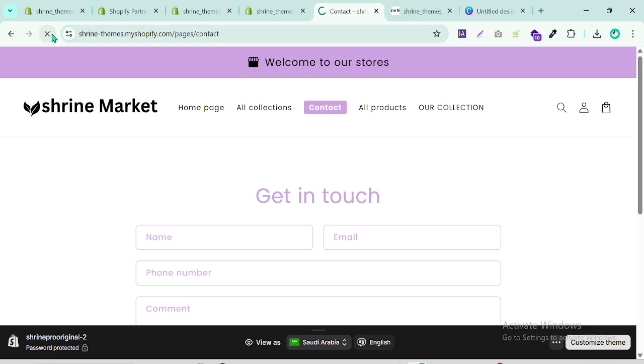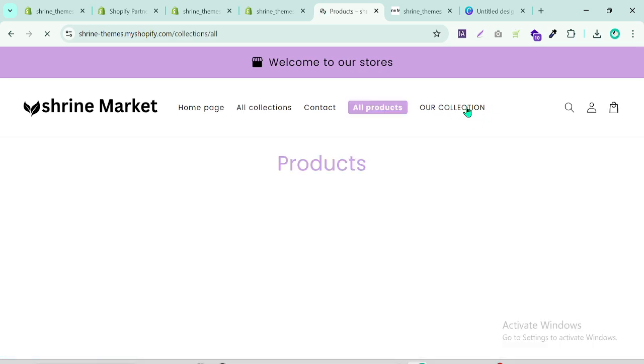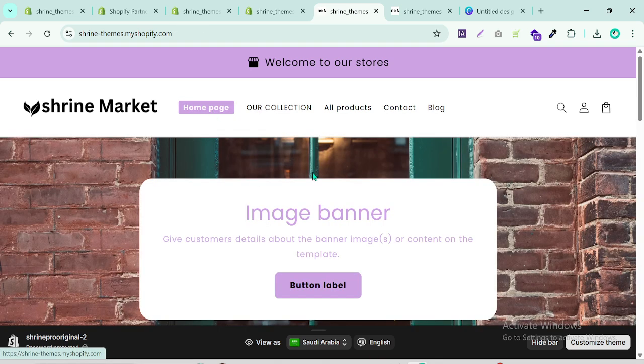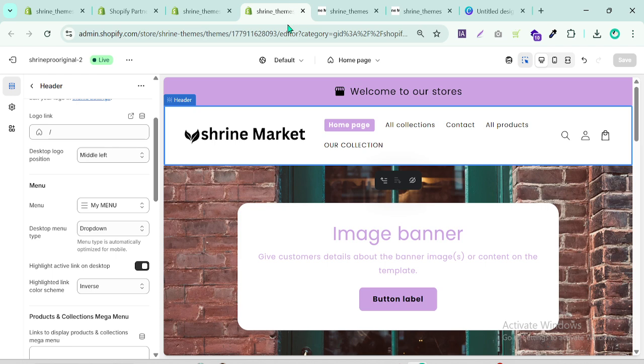And if you refresh it, sometimes it takes a little time to update. I hope it will be perfect. Now it will come. So I hope you can create your menu and change it for